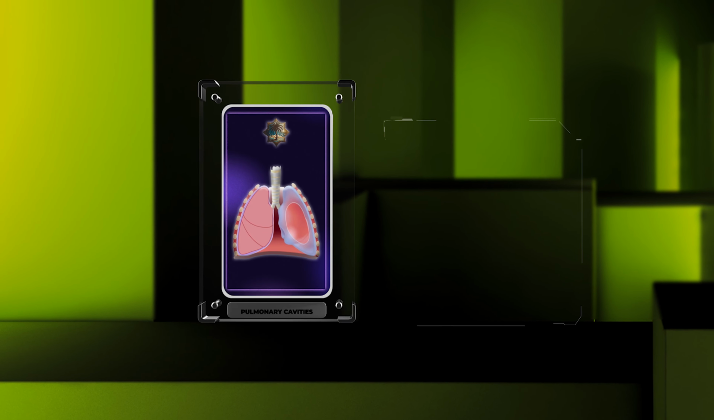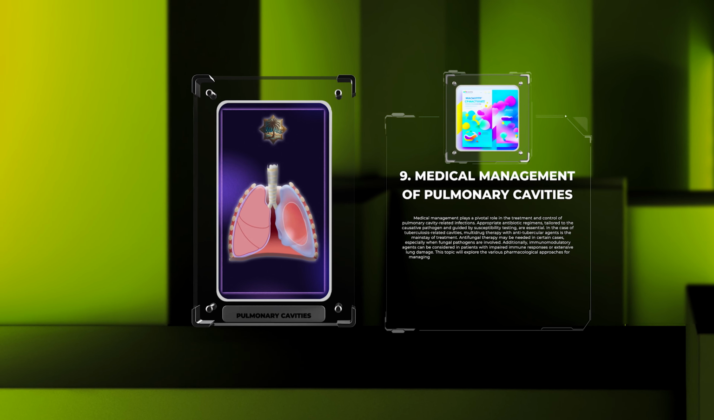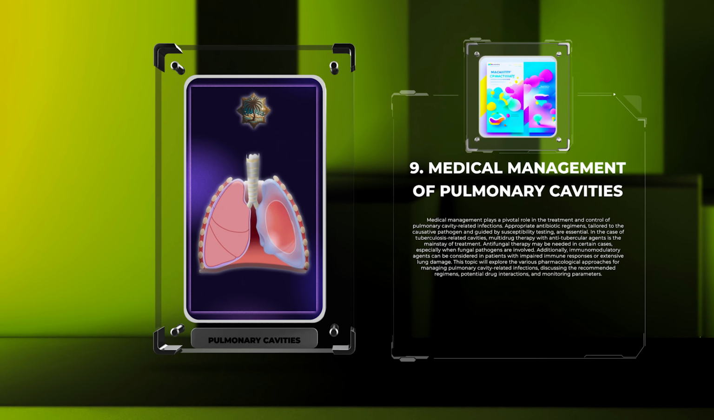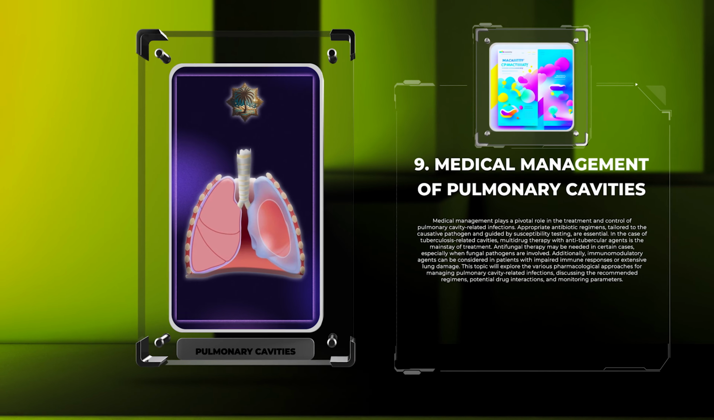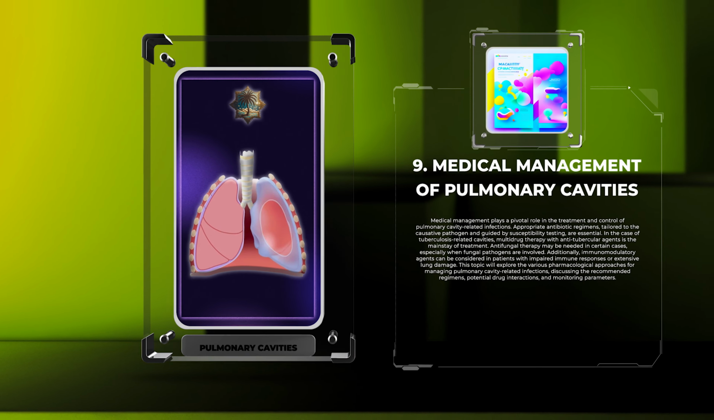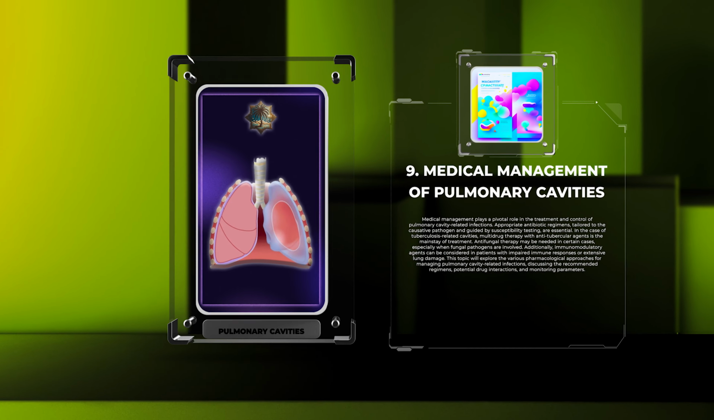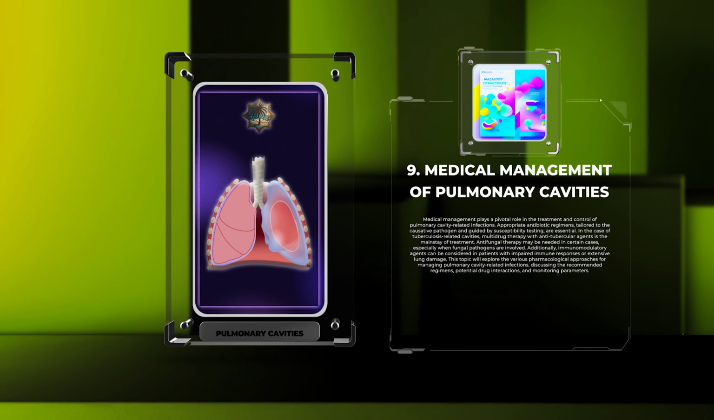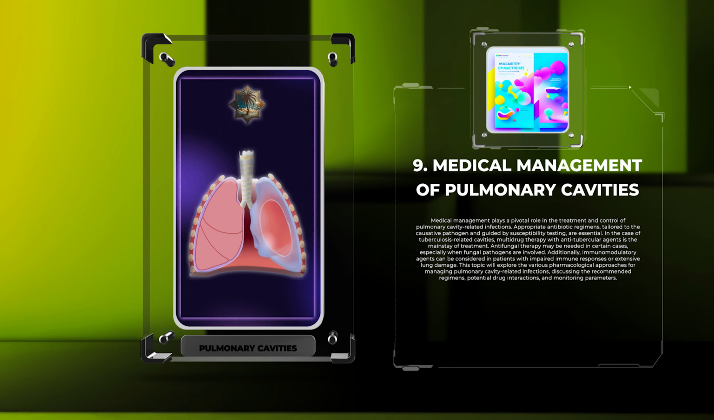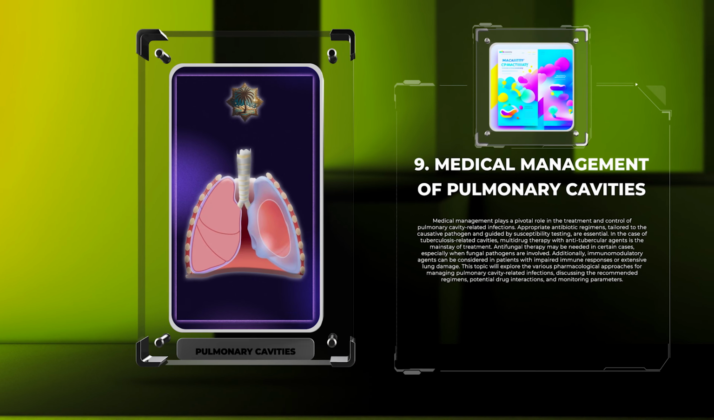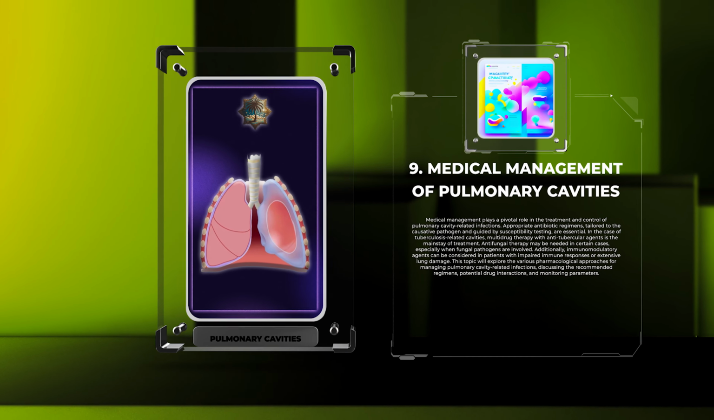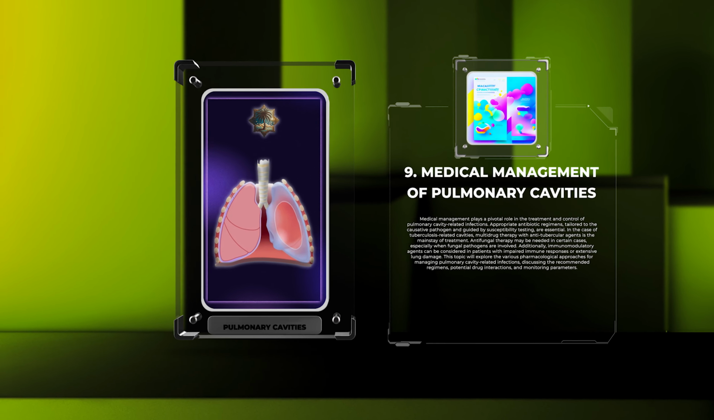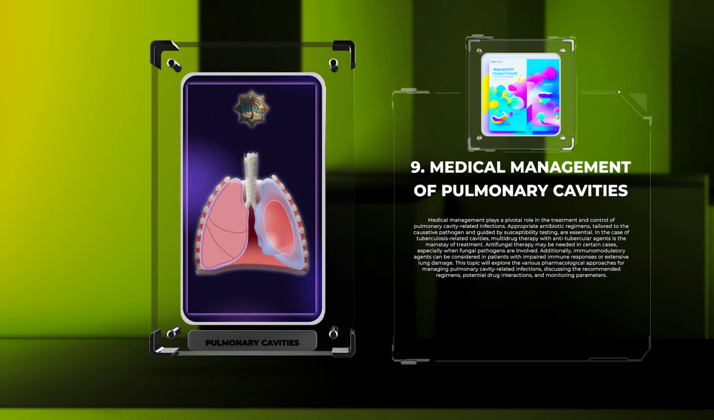Medical management plays a pivotal role in the treatment and control of pulmonary cavity-related infections. Appropriate antibiotic regimens, tailored to the causative pathogen and guided by susceptibility testing, are essential. In the case of tuberculosis-related cavities, multi-drug therapy with anti-tubercular agents is the mainstay of treatment. Antifungal therapy may be needed in certain cases, especially when fungal pathogens are involved. Additionally, immunomodulatory agents can be considered in patients with impaired immune responses or extensive lung damage. This topic will explore the various pharmacological approaches for managing pulmonary cavity-related infections, discussing the recommended regimens, potential drug interactions,